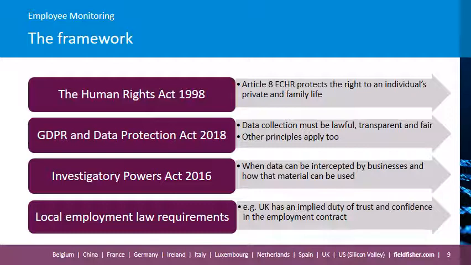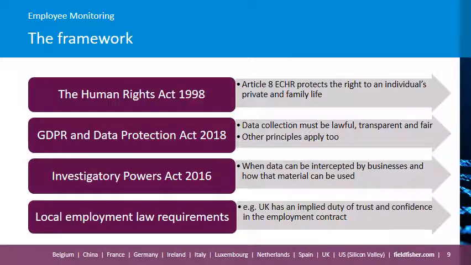There are four main legal and regulatory pillars making up the framework around employee monitoring in the UK. The first is Article 8 of the European Convention on Human Rights. This protects the right to an individual's private and family life and correspondence. This can be enforced against public authorities under the Human Rights Act 1998, and breach of my right to privacy